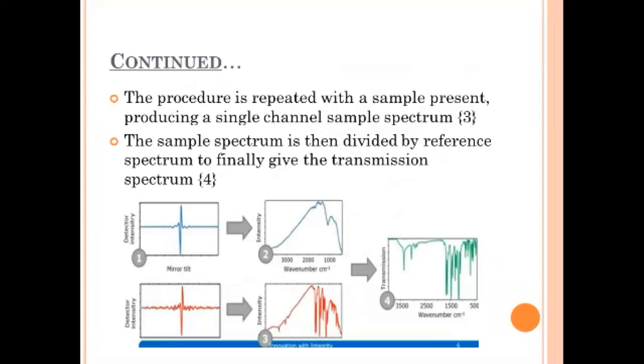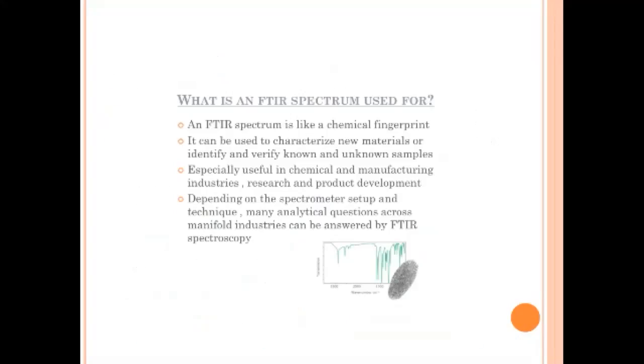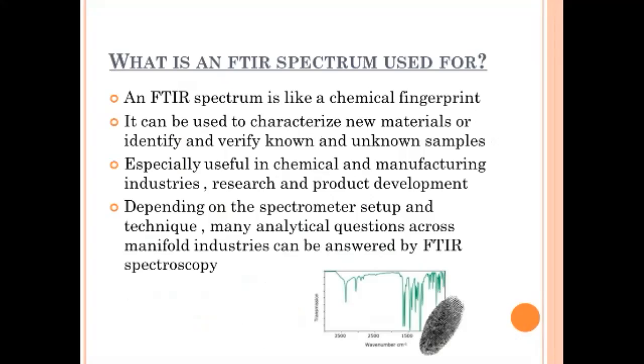You can see this process. After dividing, you can get this. The procedure is repeated with the sample present, and the sample spectrum is then divided by the reference spectrum to find the transmission spectrum. Now coming towards the application of FTIR